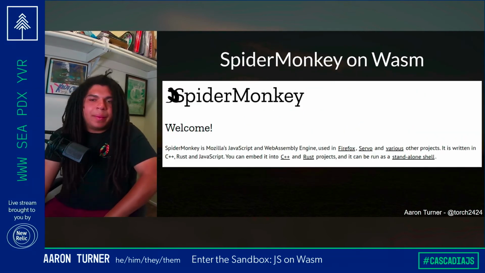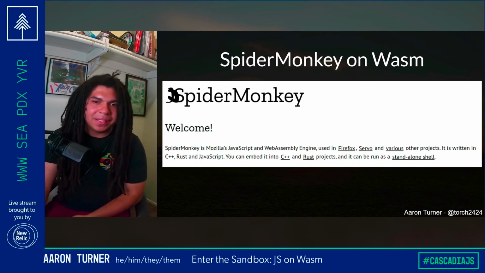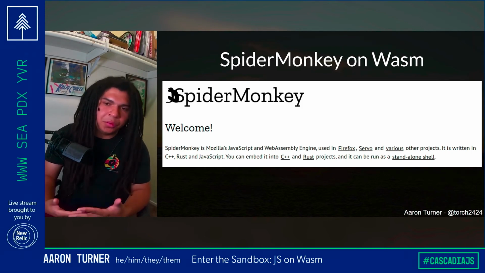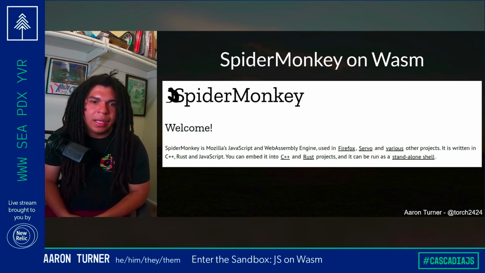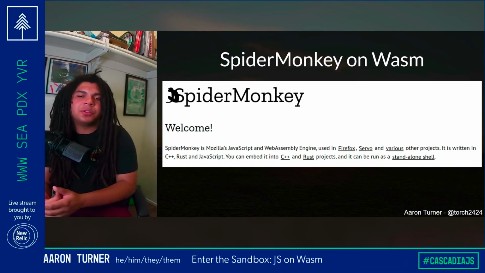And the real exciting bit is that the Bytecode Alliance got SpiderMonkey on WebAssembly. So if you're not familiar, SpiderMonkey is the JS engine used in Firefox. So we know it's a battle-tested, everyday used, production-ready JS engine. And the work of getting SpiderMonkey to Wasm was done by my colleague Chris Fallon and fully upstreamed in collaboration